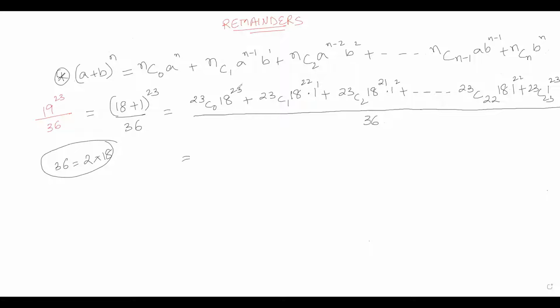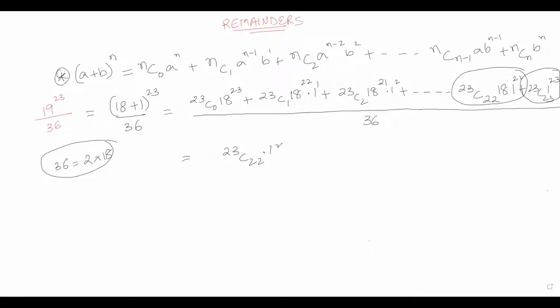Why? Because 18 raised to power 23 would be 18 times 18 times 18 till 23 times, and this would be containing a multiple of 18 and 2. So the first term would be containing a multiple of 36. In a similar way, the second term, the third term and so on would be containing a multiple of 36. So all the terms except the last term and the second last term would be containing a multiple of 36. So whatever remainder we'd be getting from the last term and the second last term when it is divided by 36. Now